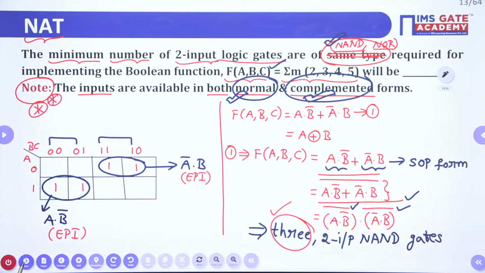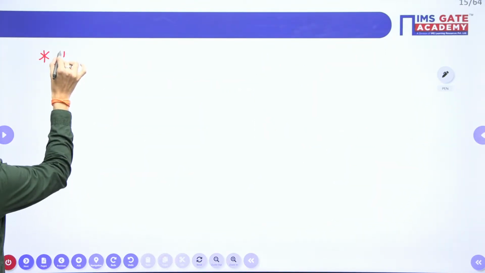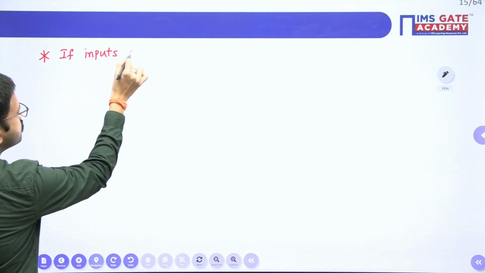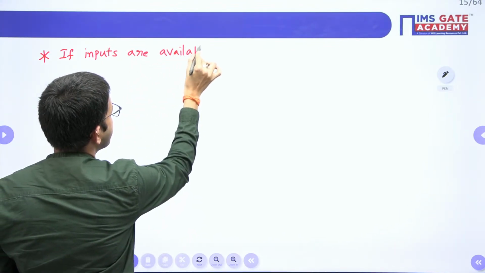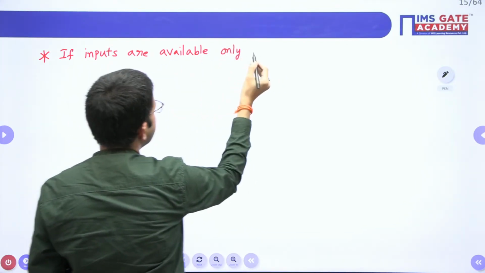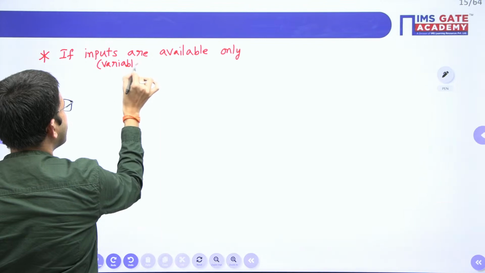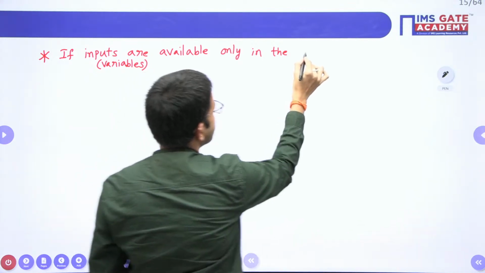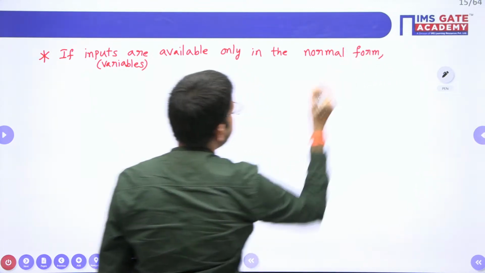Okay, so you can make a note. If the inputs or input variables are available only in the normal form, then